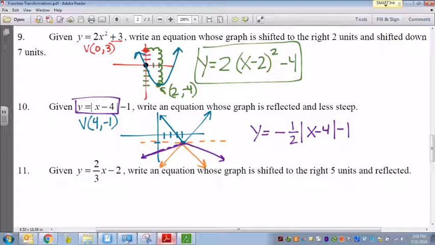And again, the most important thing I'm worried about is that you recognize if it's reflected, put a negative there. Okay? Or if the negative is there and they want you to reflect it, if you put another negative, it makes it positive. Okay, so reflection means add a negative to it. The less steep part, we'll get some more experience with that as we go on, but just want to make sure you're aware. Okay, so for number 11,